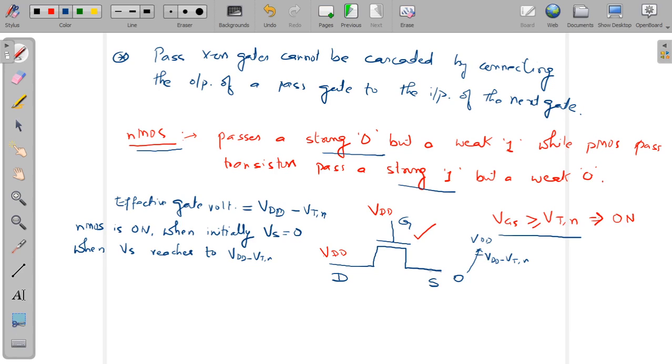So when the source terminal has reached just this level, that is at VDD minus VTN, then